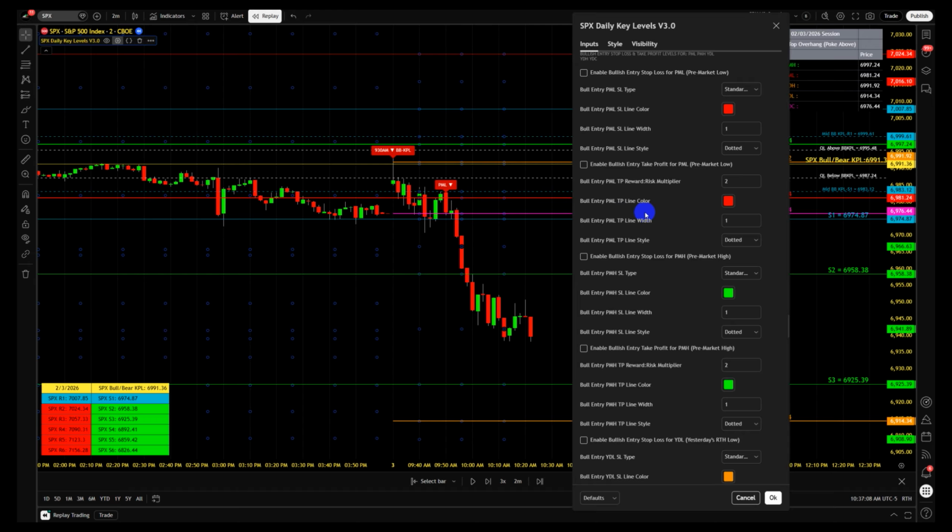So what this allows is that, especially for those that like to use a tight stop loss when trading the PML, PMH, YDH, YDL, and YDC levels, in having a max reward risk multiplier. Especially important if you're going to be using a tight stop loss. Still important with a standard stop loss because, as you can see with the kind of moves that we've had over the last week,